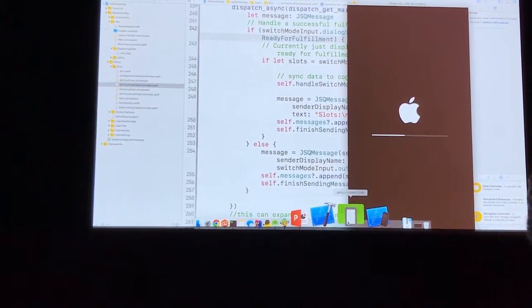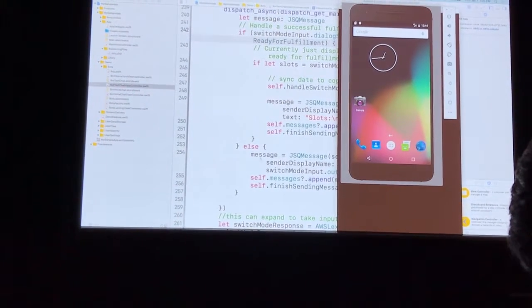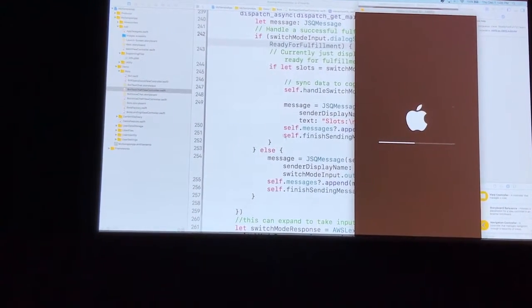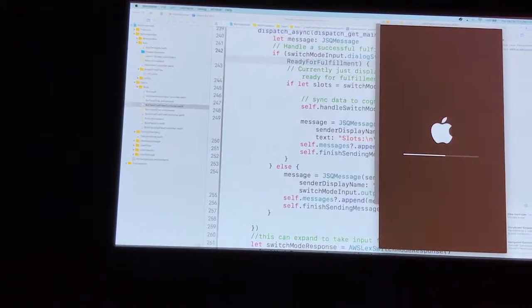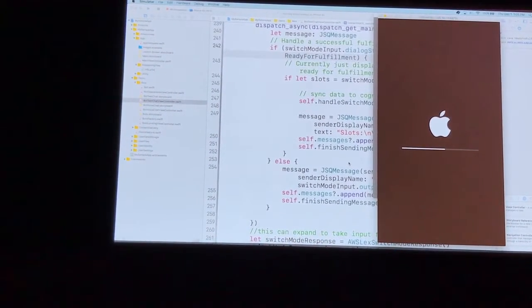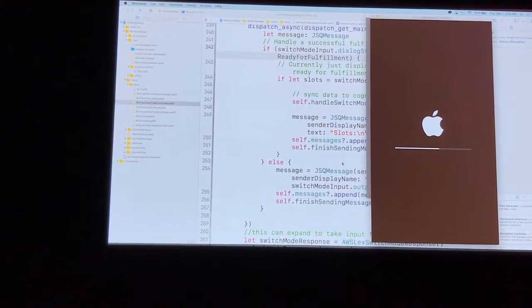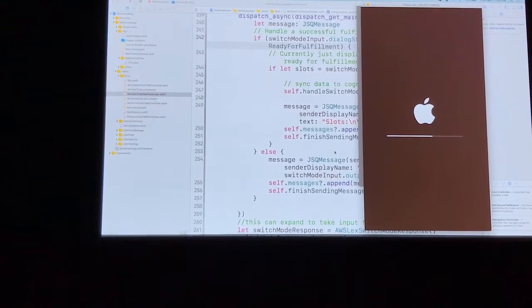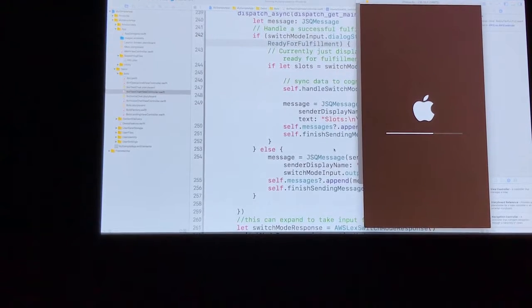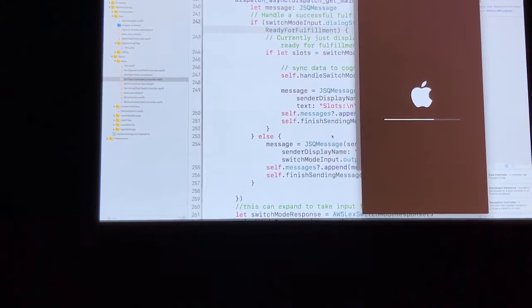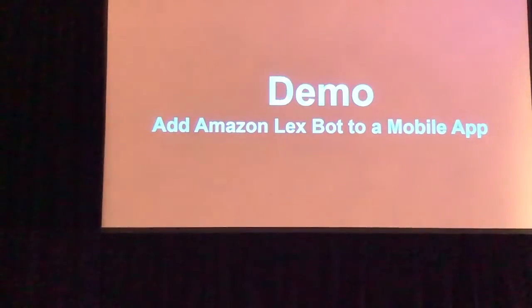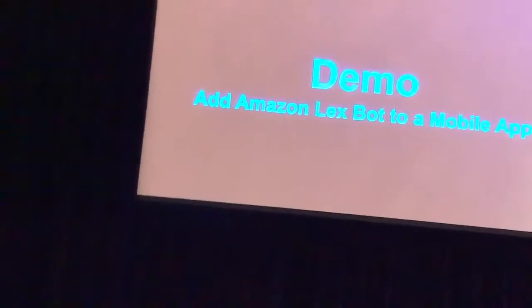This is taking its time. This is always the fun part, looking at an emulator startup. Okay, we'll give this a few seconds. Let's move on. If this comes up, we'll switch back to it, and then we can continue working from here. So anyway, what we were able to do so far